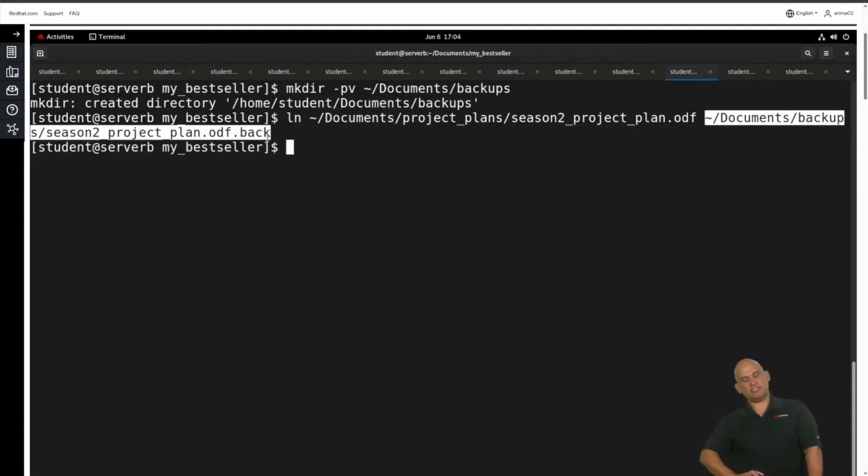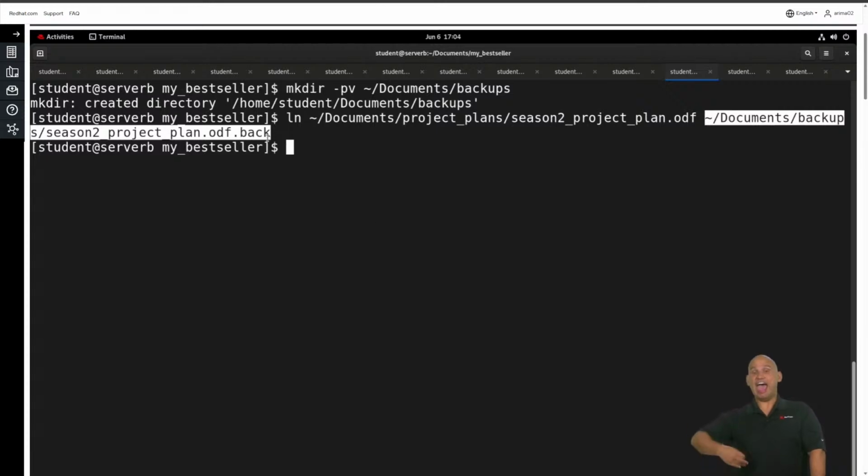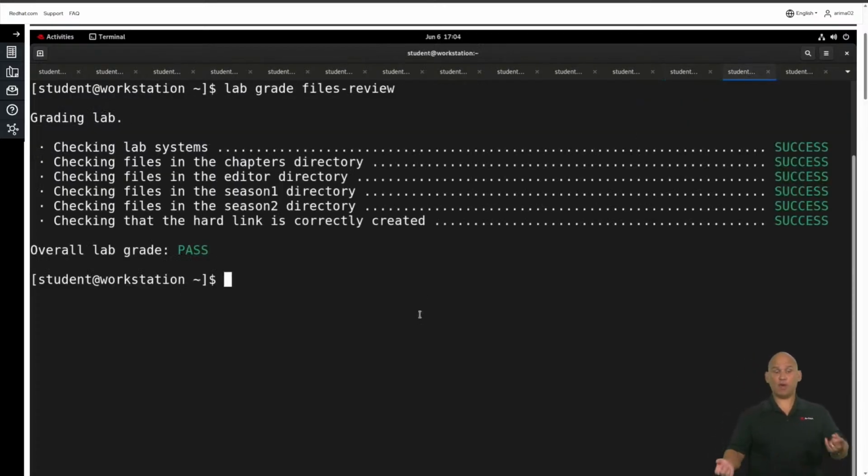So the full command reads ln. What we are linking to is, in the home directory, documents, project plans, season 2 project plan.odf. And the link that we are creating is, in our home directory, documents, backup, season 2 project plan.odf.back. Now, when you are ready to grade your work, go ahead, run the command lab grade files review, and